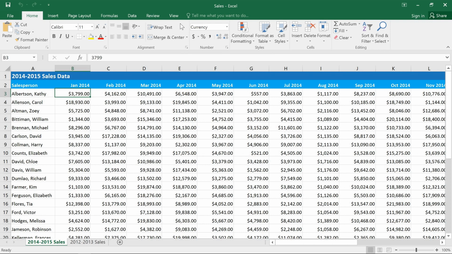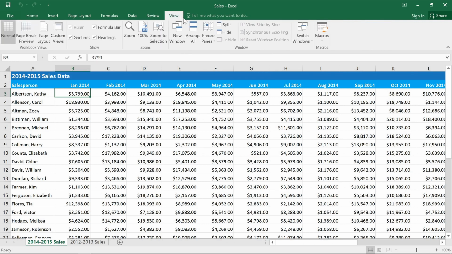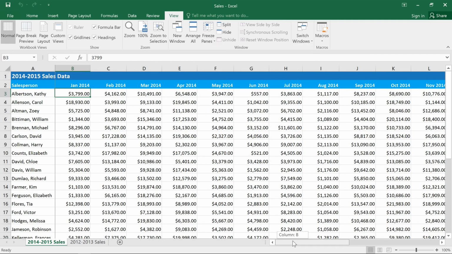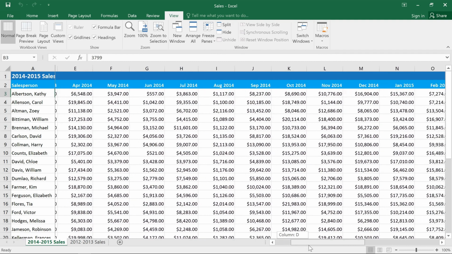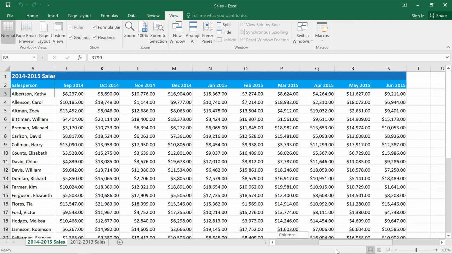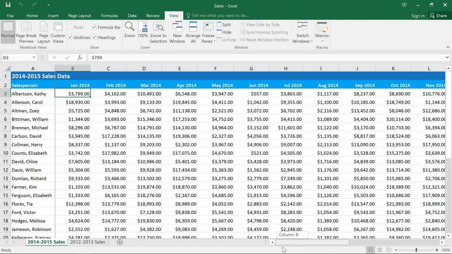First, go to the View tab and click Freeze Panes. And you have a few different options, but we just want to freeze the first column. Now when we scroll, we can easily see the names of each salesperson, no matter where we are in the spreadsheet. This spreadsheet also has dates in the second row, and I'd like to freeze them so they'll stay visible